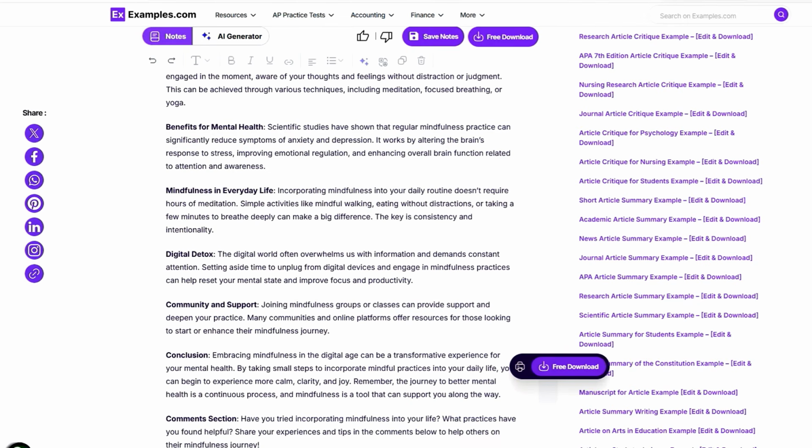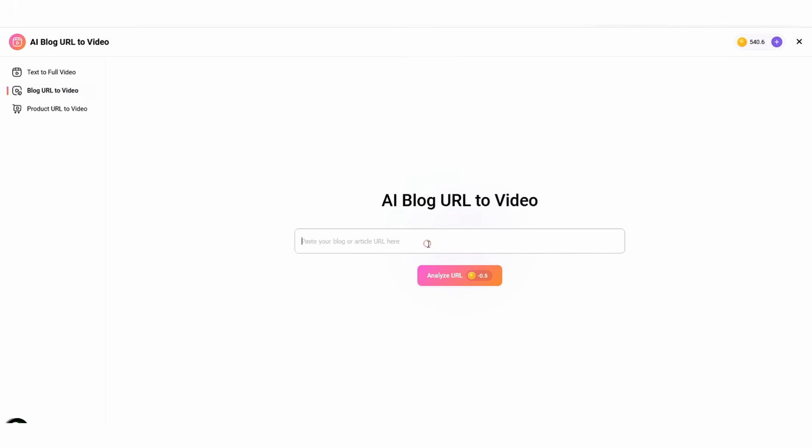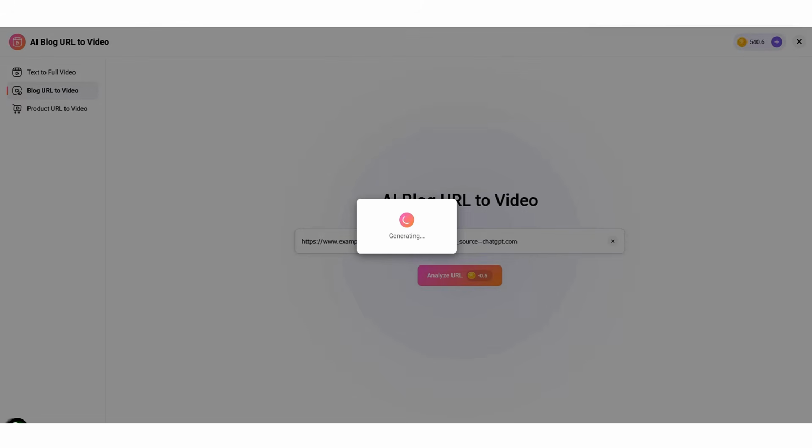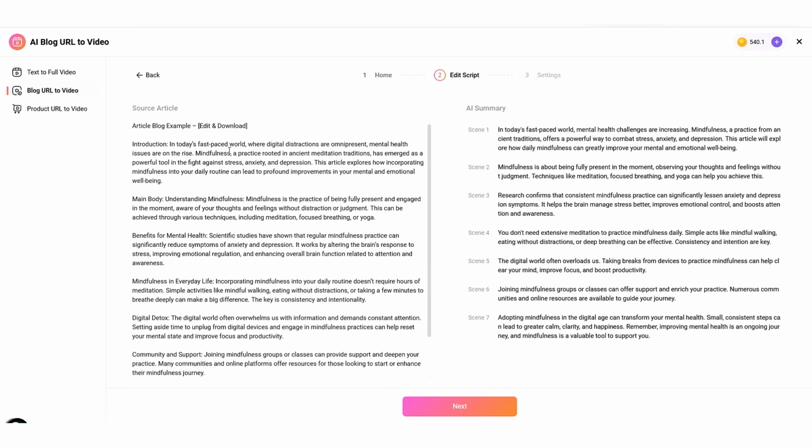Once your block is selected, copy its link. Now go to FlexClip and click on AI block URL to video option. Here you just paste your link and the AI will automatically analyze the article. The AI will then create a summary of the article and divide it scene-wise, making the video flow smooth and